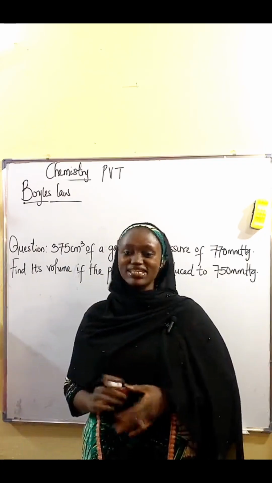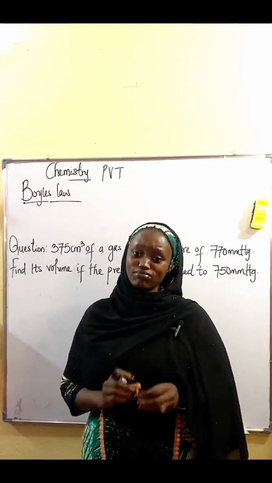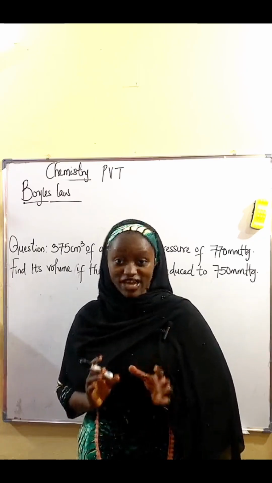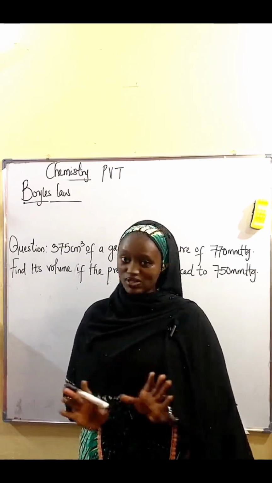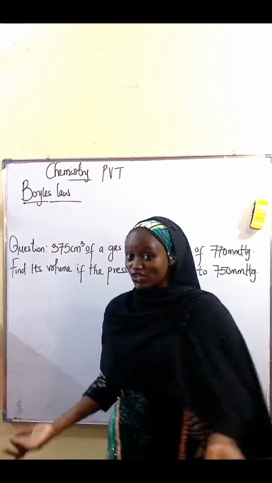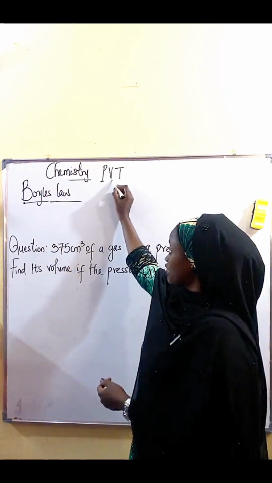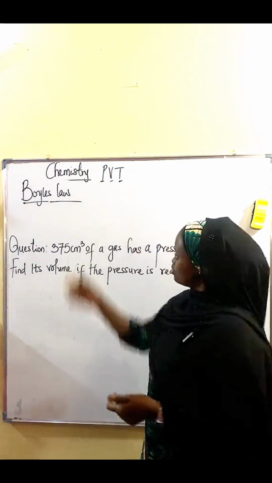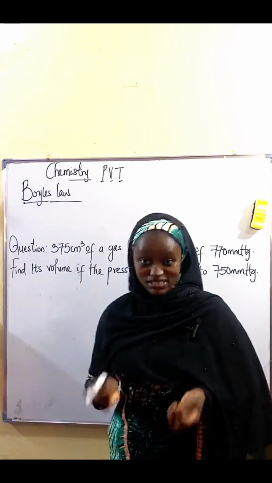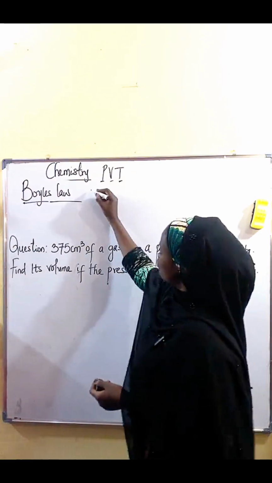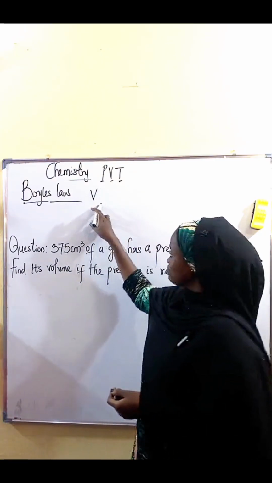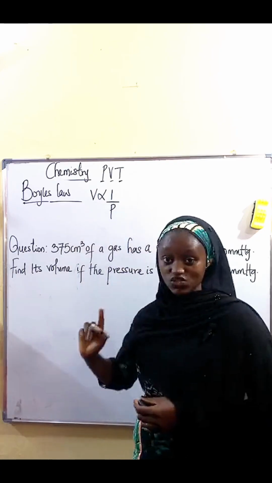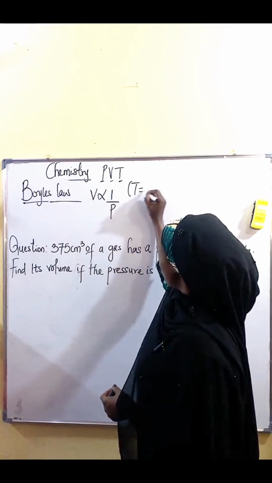Boyle's law simply states that the volume of a given mass of a gas is inversely proportional to the pressure, provided that the temperature remains constant. Under this, you heard me say pressure, volume, and temperature. So let's write out Boyle's law mathematically. It states that the volume of a given mass of a gas is inversely proportional to the pressure, provided that what? Temperature is